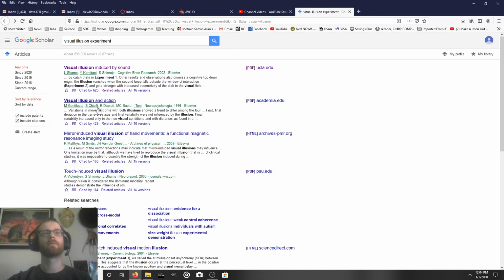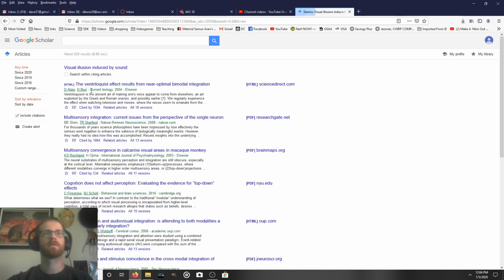But there is another way to find related articles, and that's what this button is for. If you click on that, it'll show you all the sources that used our first source. So all of these have used this source when they wrote their papers. Every single one of these has cited that source, so obviously they have something in common. Maybe if I look through a few of these, I'll find something even better, or at least something that I could include in a literature review.